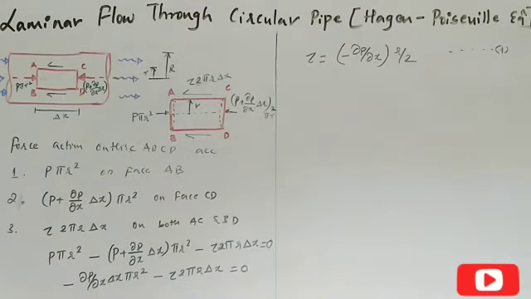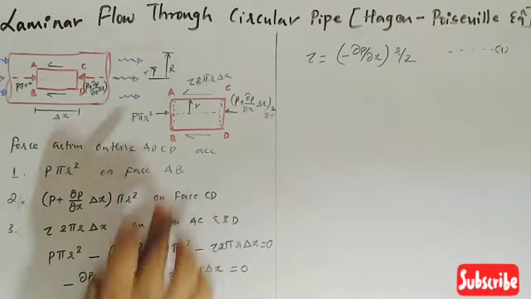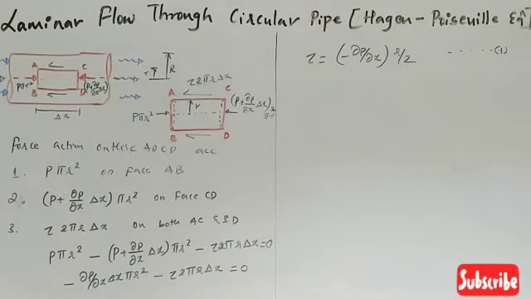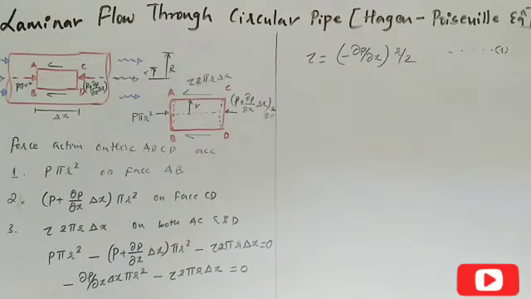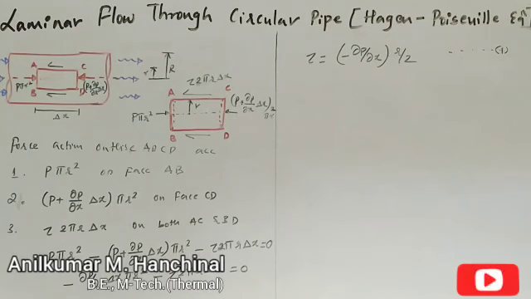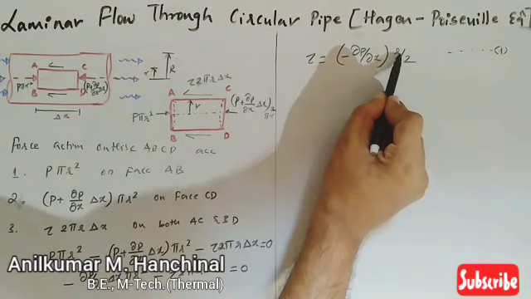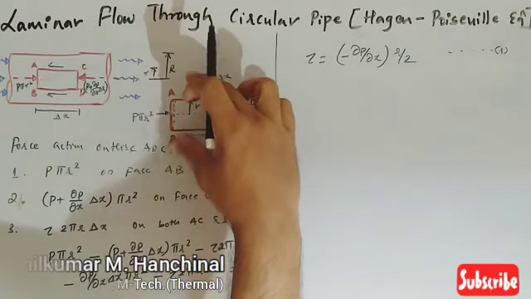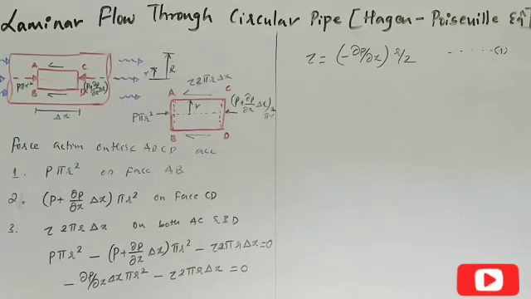So this is the shear stress acting on this cylindrical element for a laminar flow. Now this shear stress across the section varies with respect to r, because r is the only term that varies here. If I increase r, obviously there will be a change in the shear stress. If I decrease it, again there will be a change in the shear force, because r is dependent on the cylindrical element.